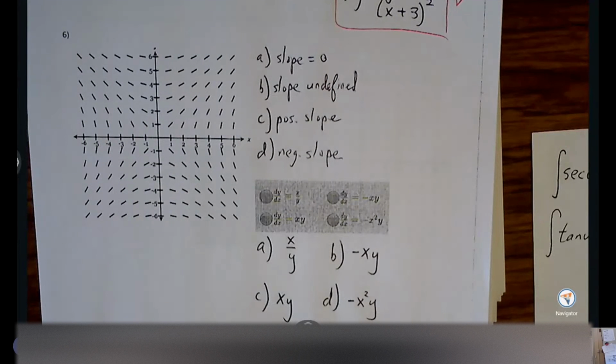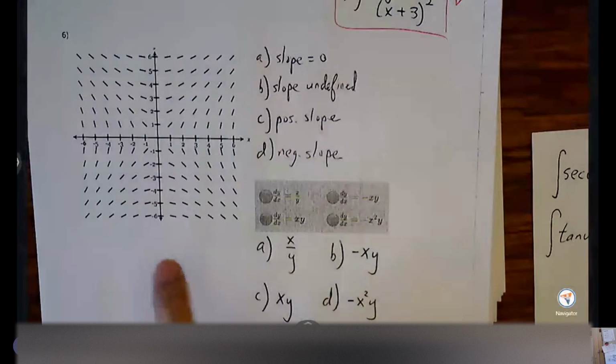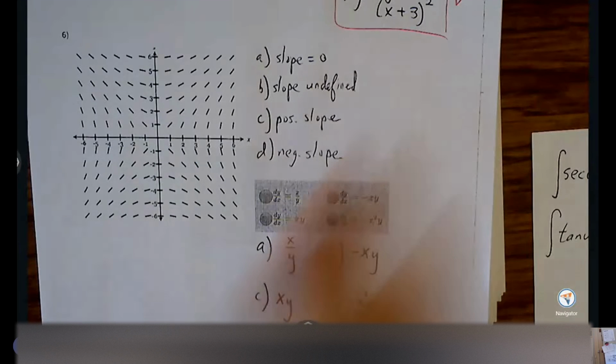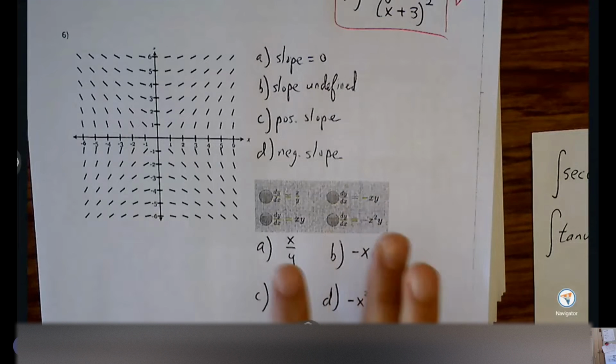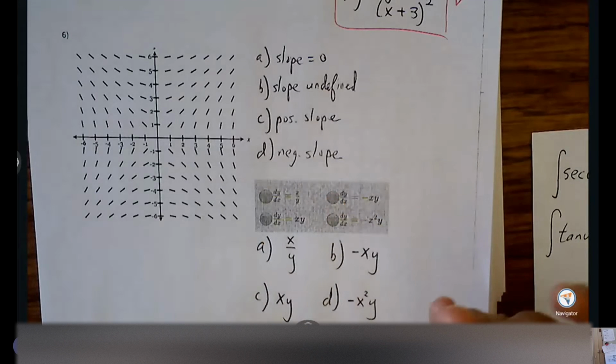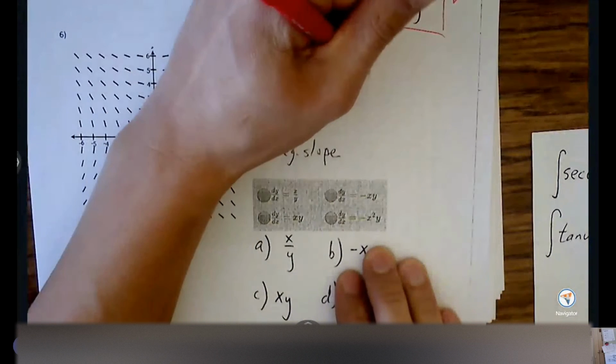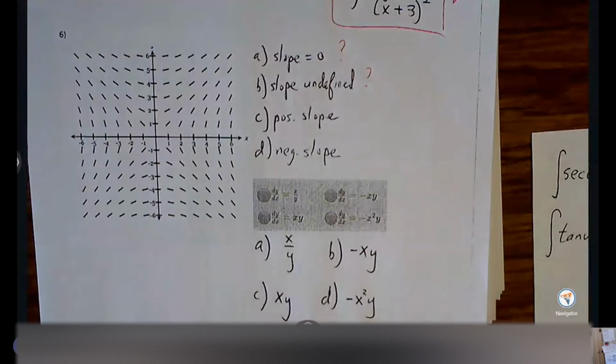All right, do we see slope zeros along the y-axis? Here's the thing: we're not entirely sure. Sometimes if it's occurring along the axis, it's hidden from view, or we can't tell the tick marks from the slope zeros. So if we see slope 0 or slope undefined along the axis, and those are the only places we see them, I'll put a question mark around them because I don't want to rely on that information. It's not defined as well as we would like. So let's observe the other things first,